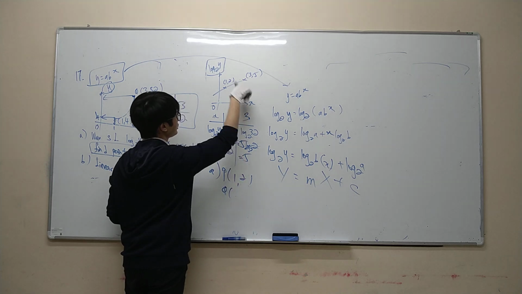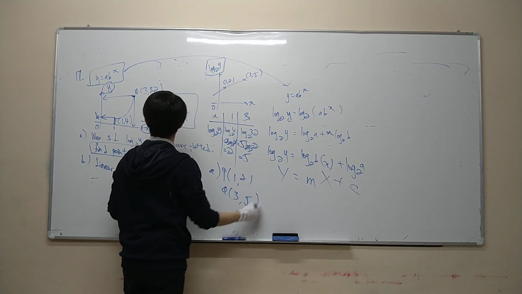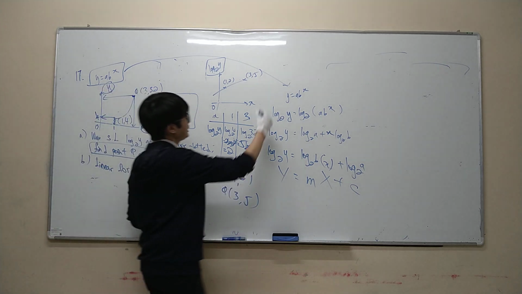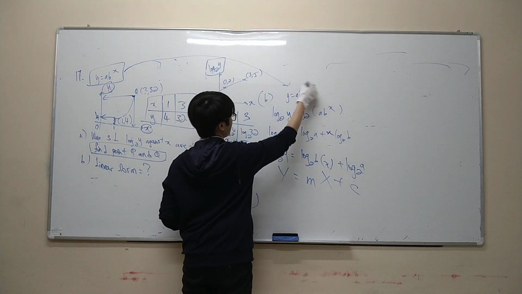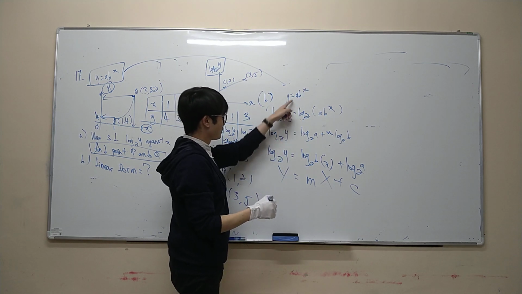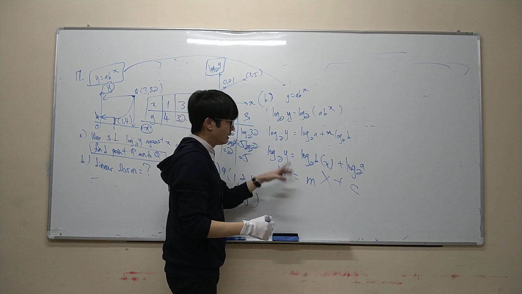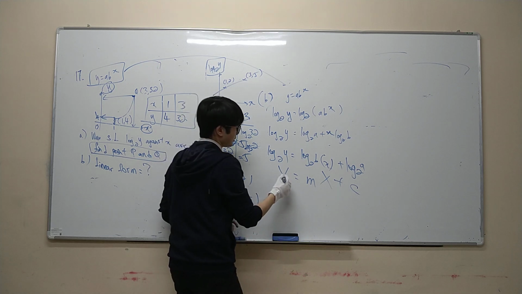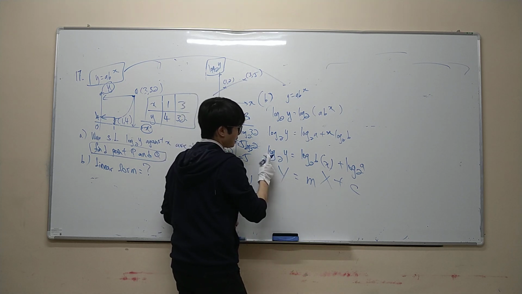Point Q will be 3, 5. Done. Okay, for B they want you to find linear form. Okay, the B, just this whole thing B. I'll just write B here and then you start. You just solve it until here. Okay, until here you need to add a little bit, because I already know my